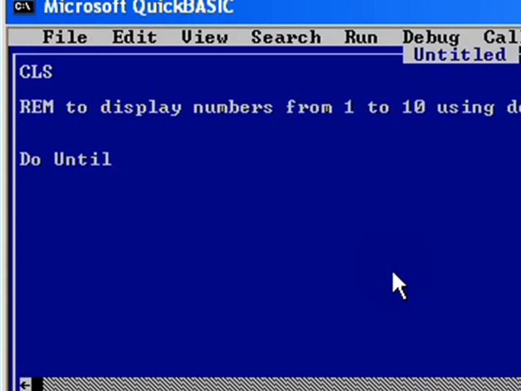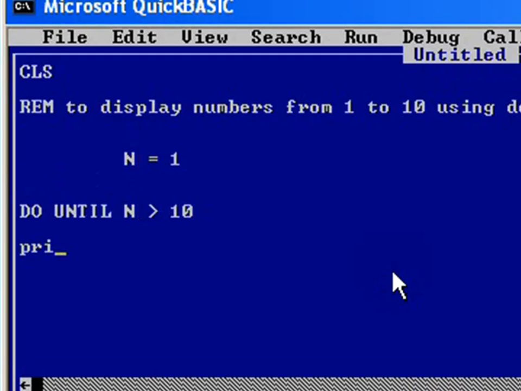Now let's declare a variable like n equal to 1. Here n is the variable. Now starting value is 1. Do until n greater than 10. Print n, n equal to n plus 1 to repeat each time and add the counter value. So here what happens? Here n is the variable that stores the value, and n is the counter. Here n equal to 1, it is the starting number. Do until n is greater than or equal to 10. Print n, n equal to n plus 1. It means each time the value is repeated, and when n stores the value and its value becomes 10, now